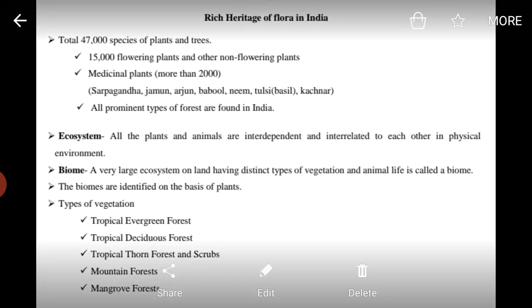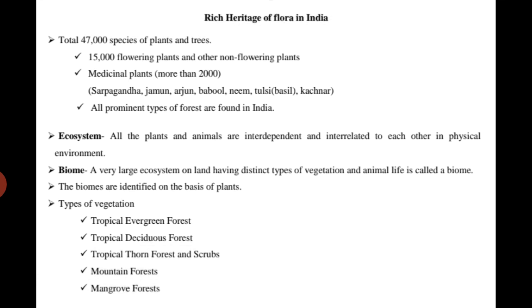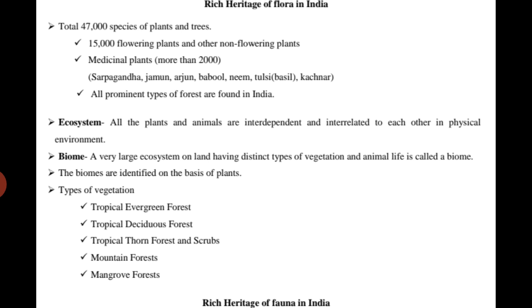Now, as we know, the vegetation cover depends on two features: relief feature and climatic feature. Relief feature includes topography, that means landform. That variety of landform decides which type of vegetation cover will grow in that particular area. Then soil: the soil supports the vegetation cover. According to the variation of the soil, different types of vegetation cover are found in India at various places. Now the climatic feature includes three sub-features.